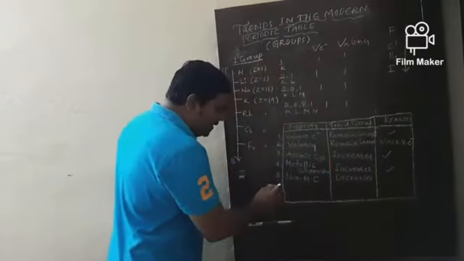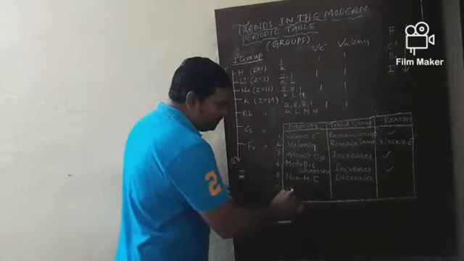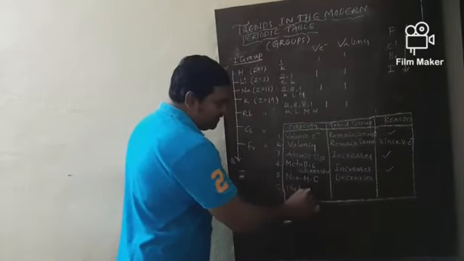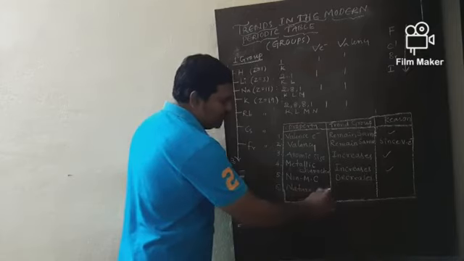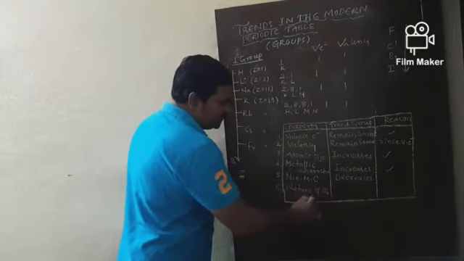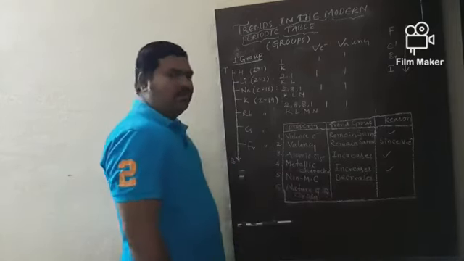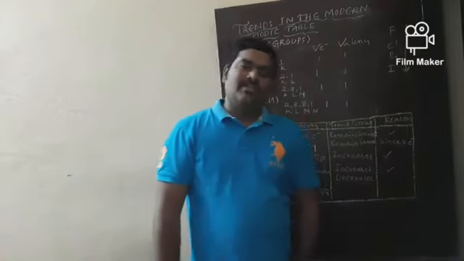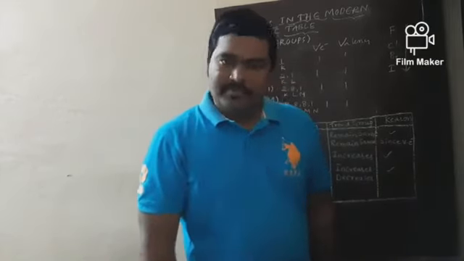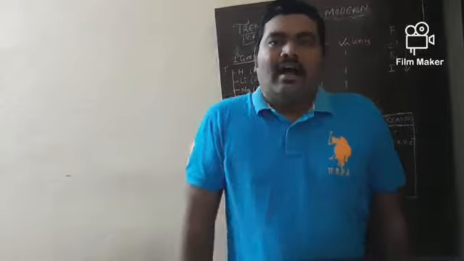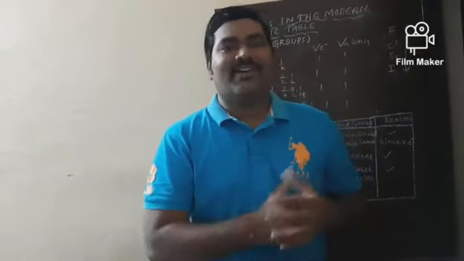And now the final one, the sixth one, nature of the oxides. So what is the nature of the oxides? You know that there are two types of nature of the oxides. Metals are able to form basic oxides and non-metals are able to form acidic oxides.